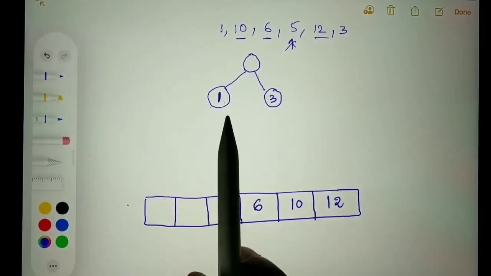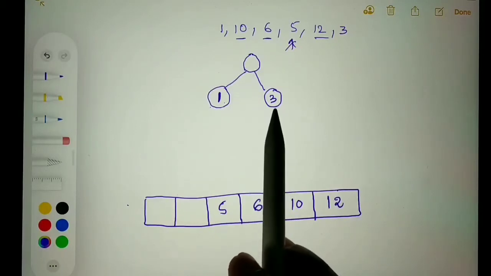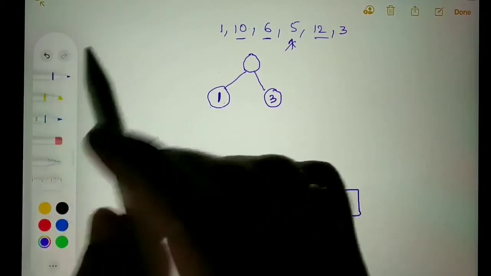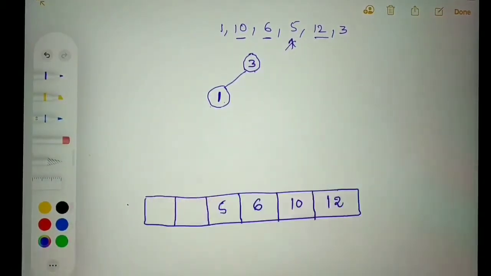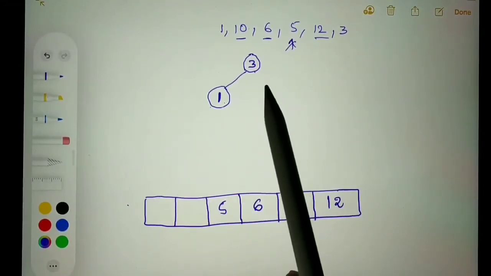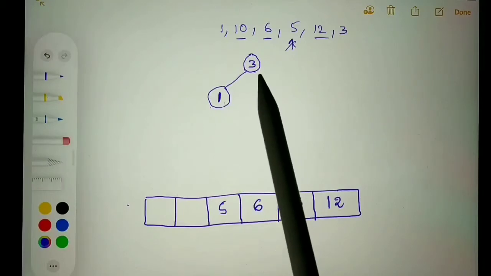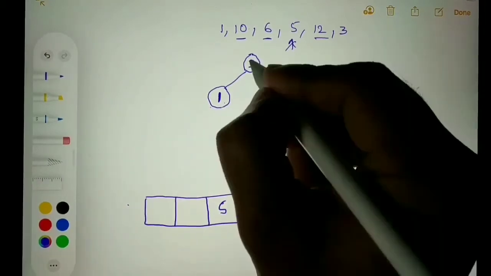And again I will add last element as a root node. Here in this tree, last element is 3. I am making that as a root node. So this is already max heap and the root node is 3, that is greater than rest of the elements. So I'm removing and adding it to the array.